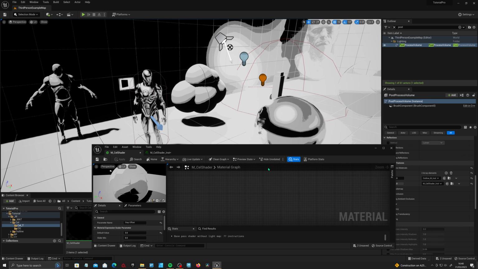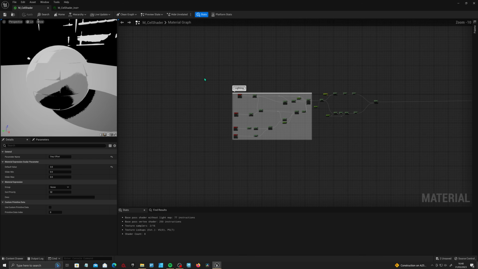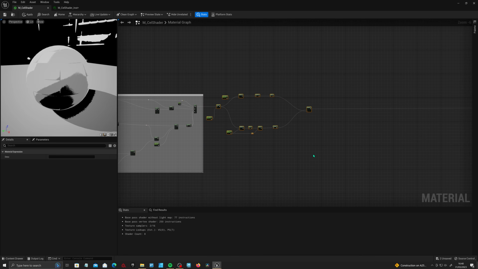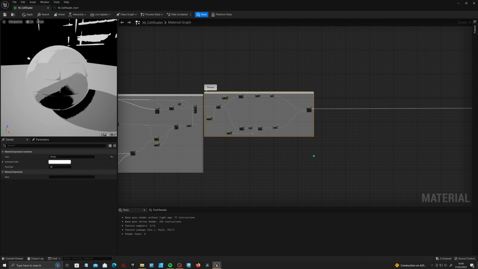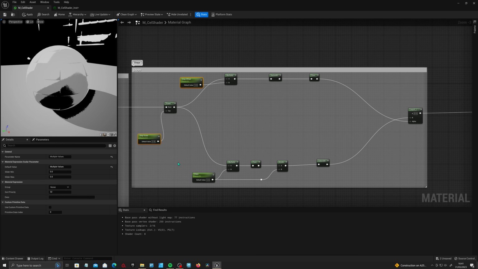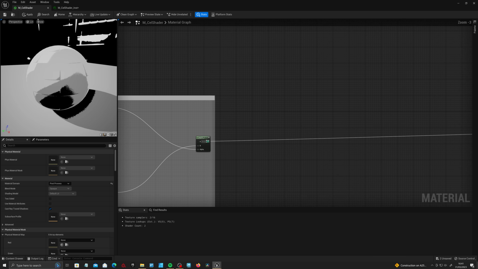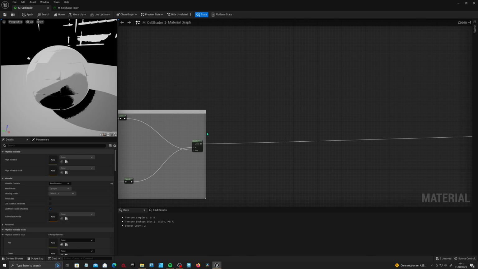So if we go back into the material and give ourselves even more space, and comment this and call it steps, and if we chuck these guys into a little group, call it steps, that will neaten things up. Now the next thing we need to do is calculate the color, but just before we do that,